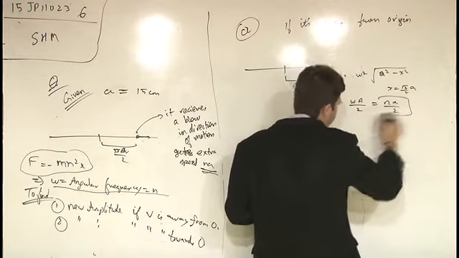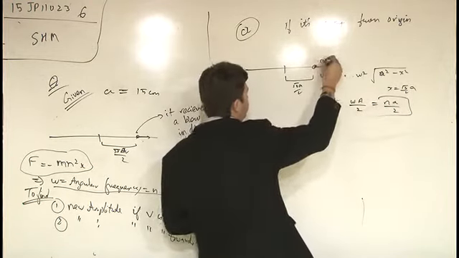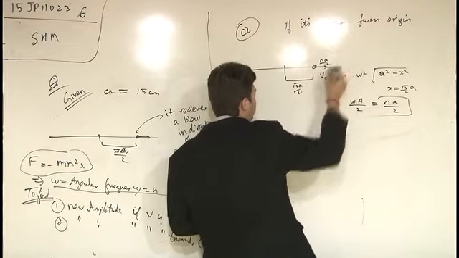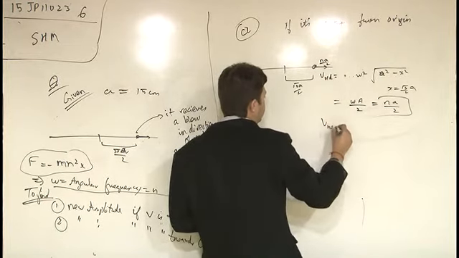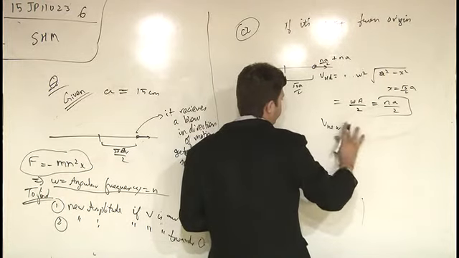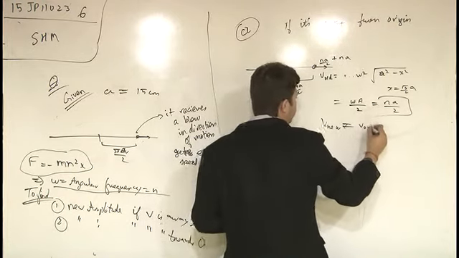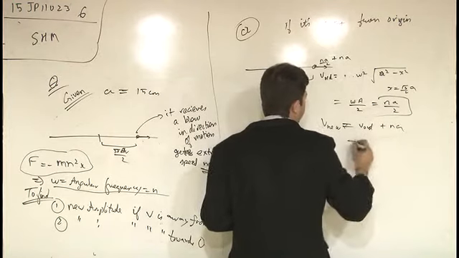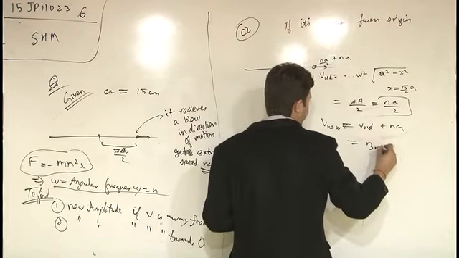Okay, so the old velocity is n a by 2, it gets an extra velocity of n a. So we can say v new is equal to v old plus n a. This comes out to be 3 n a by 2.